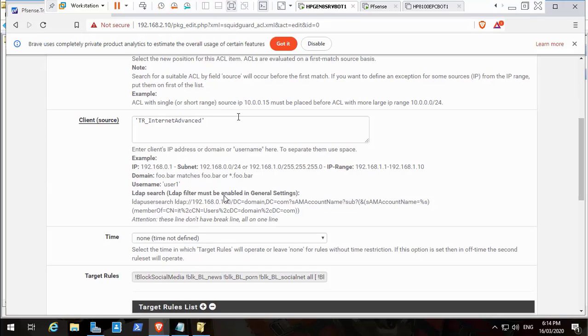And TR Internet Moderate is for the second level management, the assistants and all of this. This will contain all of the groups of the Active Directory for the second level. So for example, if I need members of the TR Internet Admin, which is the group of IT, to be able to access certain websites,